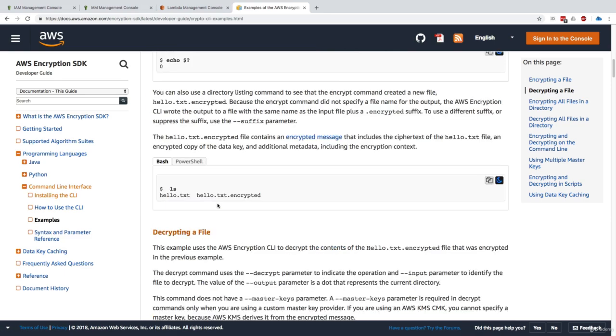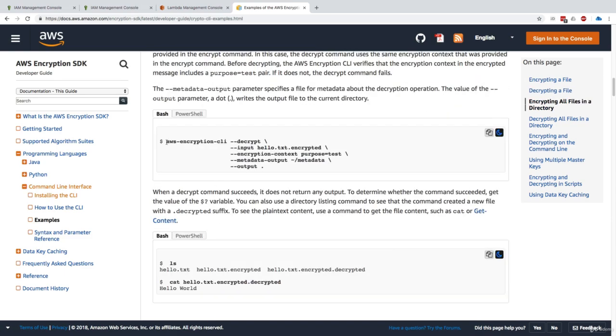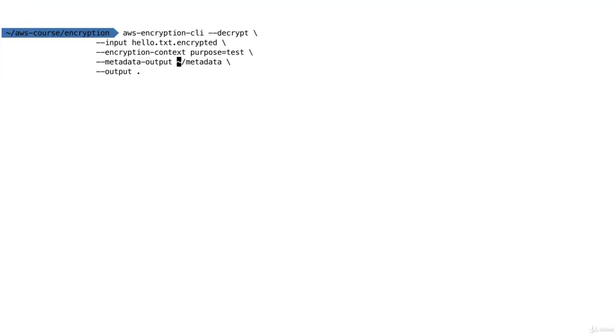So let's play with the decryption now. And for the decryption, we'll just need to run this one command right here. So let me just run it and adapt it because I made a few changes. So now we want to run the decrypt function, and the input is going to be in the output directory, which is the hello.text.encrypted. The encryption context was not used, so I'll just remove this for simplicity's sake. The metadata output is, again, if we wanted to output the metadata, so I'll just have it right here. And the output is going to be a decrypted folder. Okay, so here we're decrypting the encrypted data, and let's press enter.